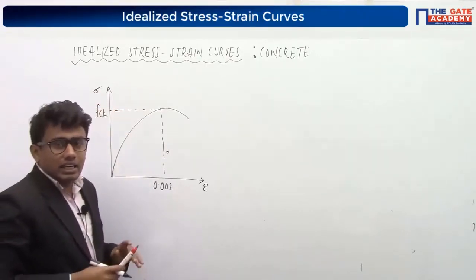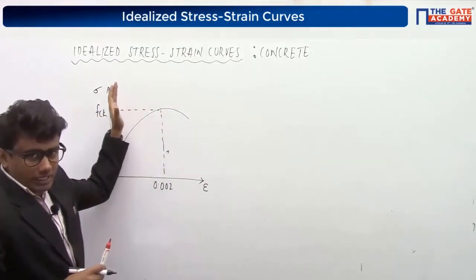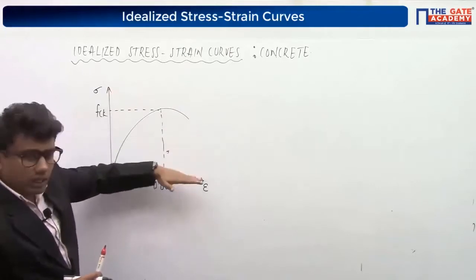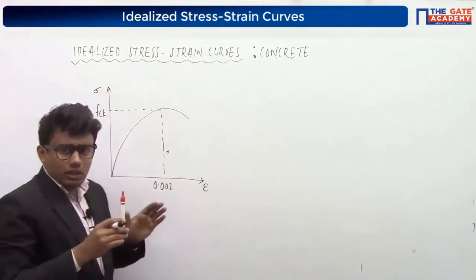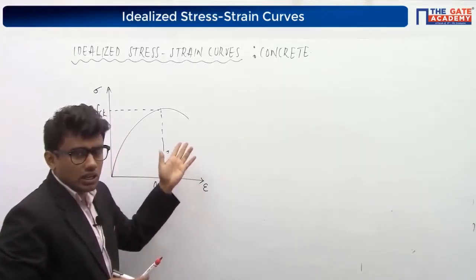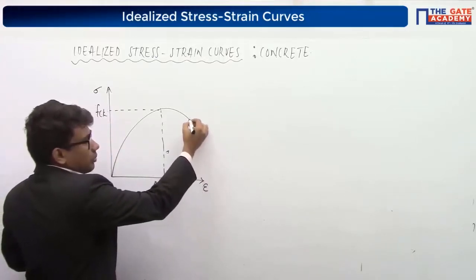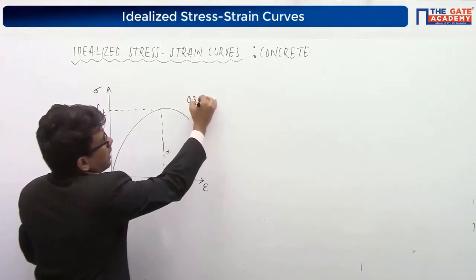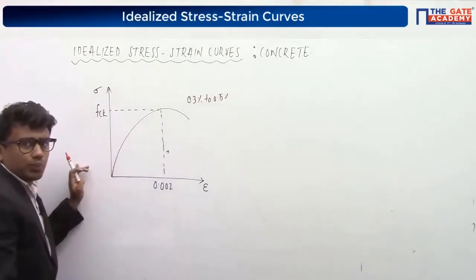If it is a high yield stress or high strength concrete, it will lean towards our y-axis. Why? Because it is less ductile. And if it is a low strength concrete, it will lean towards our x-axis. So forget about that. I am considering a stress strain curve for an ordinary concrete, right? This is our stress strain curve of the concrete, and the strain value corresponding to this point is actually our breaking point or failure point, and it will come around 0.3% to 0.5%. We have discussed this also.